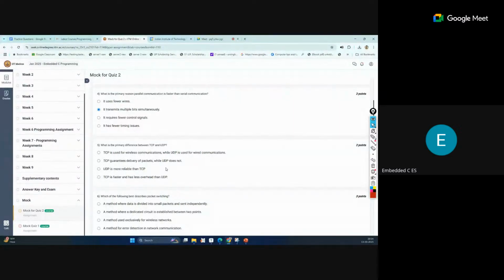So in UDP, our message is divided into packets, and each packet may use a different path. Finally all packets reach the destination, and after that they are arranged into the correct message.